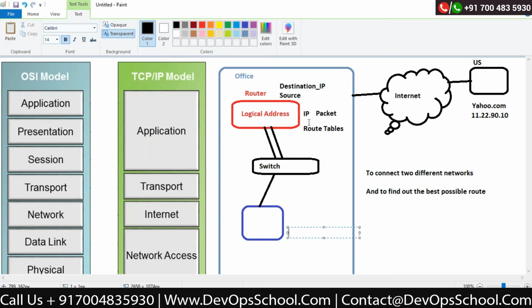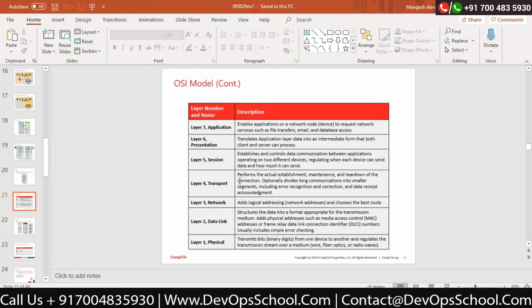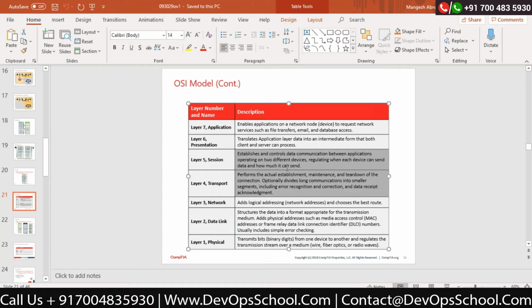Now let's move to the transport layer. This is also very important, correct? Now this is something which we are going to explain. The definition says: perform the actual establishment, maintenance, and tear down of the connection, optionally divide a long combination into smaller segments, including error recognition, correction, data receipt, acknowledgement.